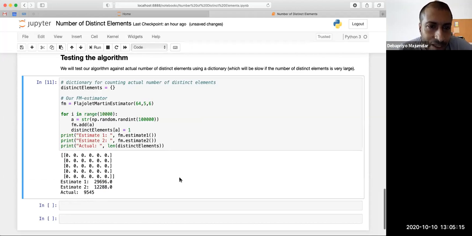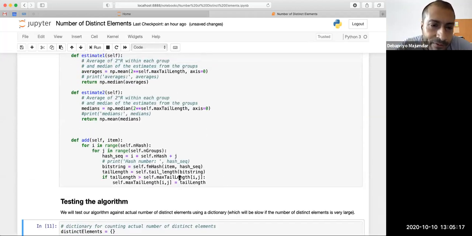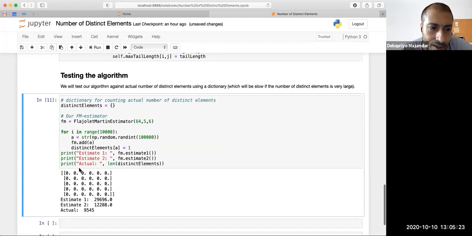The reason being, if you average first, let's say you average a group of 5 values of 2 to the power r, then one of them will lead you to a high estimate. Then you take the median, so you are staying at the high estimate.